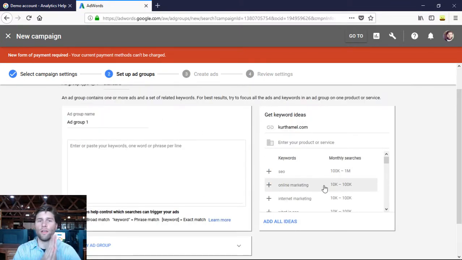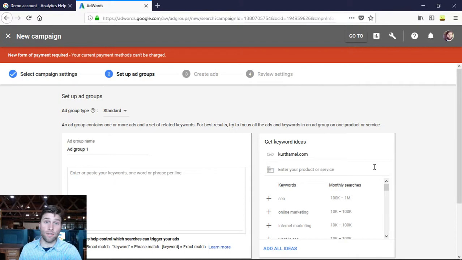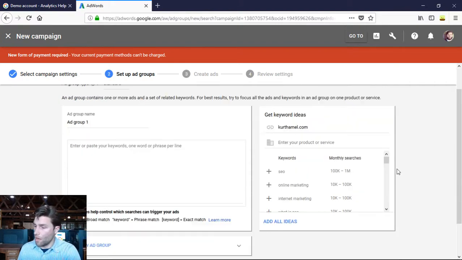If you already have a full website that's properly done, it takes information from my website because I have Google Analytics installed on my website, exactly what my main keywords are. So right there it's offering me SEO, online marketing, internet, what is SEO, SEO services. They get my business because my website's done properly, so they can take all that info from there.